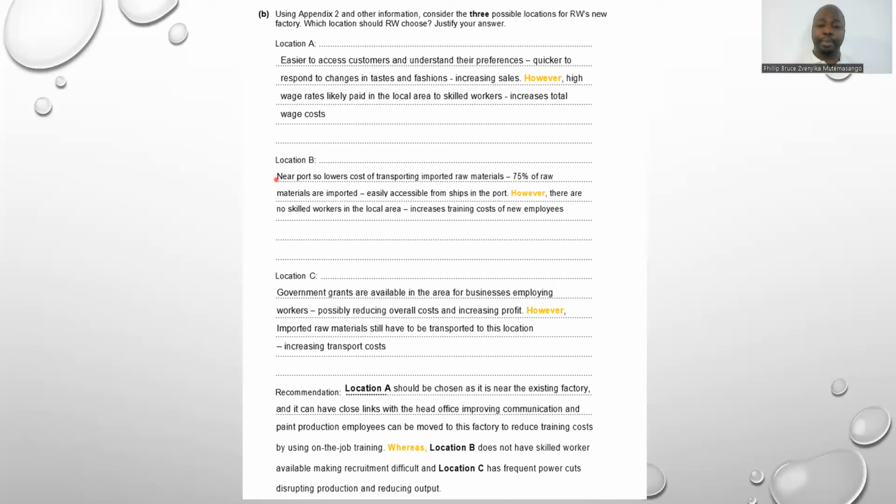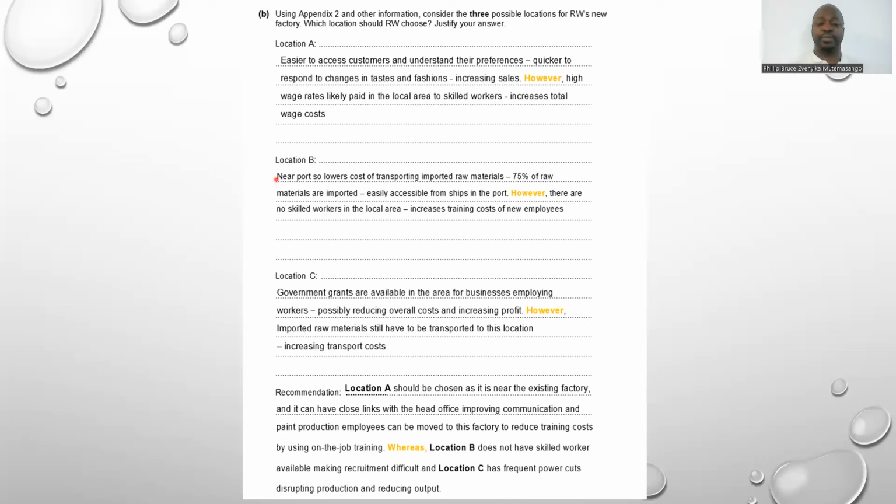However, imported raw materials still have to be transported to this location. All right, and then what? And this increases the transport costs. So you see, the moment you put across a fact, go on as well to show how it will affect the business. And then you are supposed to give a good recommendation where you are supposed to show the